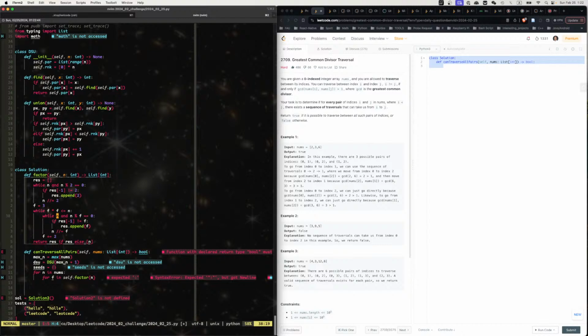But at most, because it's f times f, right? So if we go 10 to the 5th, and if we SQRT this, it's only 316. At most, it's 316, and divide by 2, so 150 times, right? At most is 150 times. So I think it's fine. Okay. All right. So we will factor it, and then for each this factor,